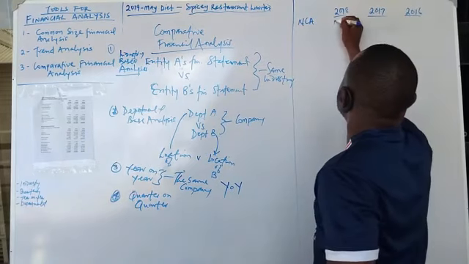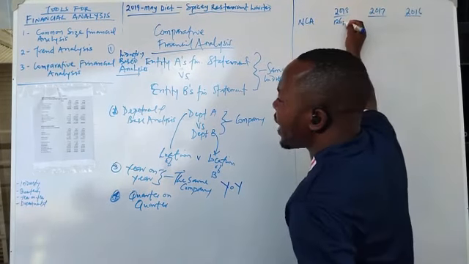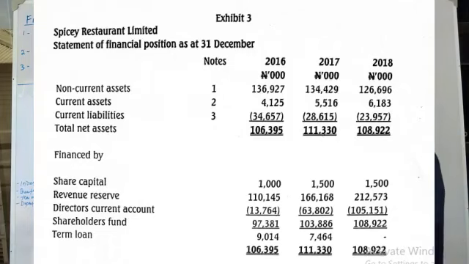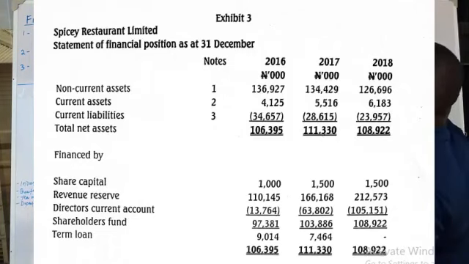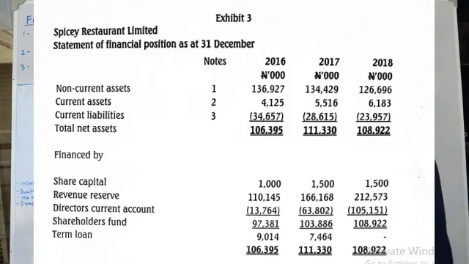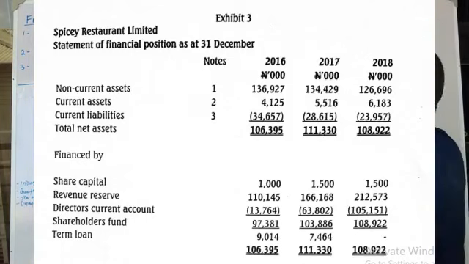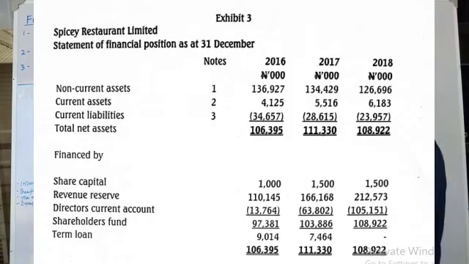We have 126,996. You will see it displayed on your screen, and you can be following me through it. 134,429, and we have 136,927. Now, if you want to do, let's for example say you want to do year on year